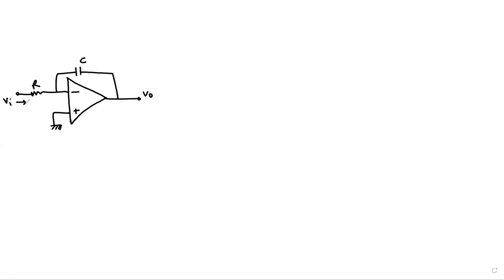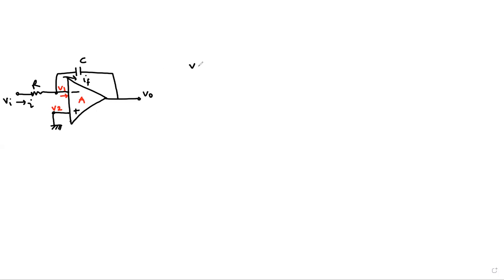So the current due to applied signal that flows through the resistor is I, and the node voltages at the inverting and non-inverting terminals are indicated by V1 and V2. The current that flows through the capacitor is IF, and we know that there is no current flowing into the operational amplifier. The operational amplifier has a gain indicated by A. So what we do here is we apply